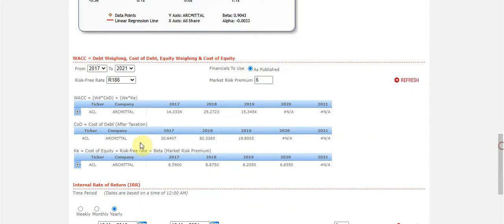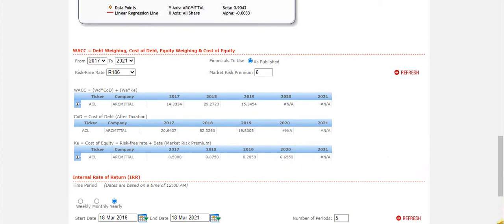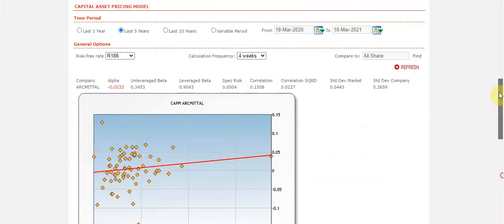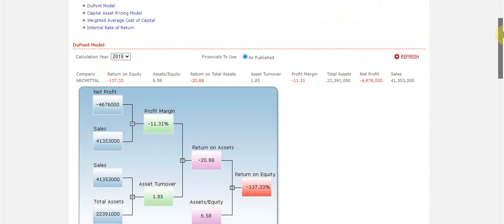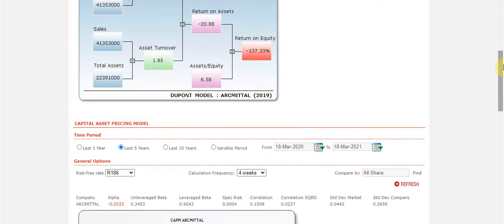Here we can go and see what is the weighted average cost of debt, cost of equity. As you can see, there was quite a decrease in the cost of equity in 2020. So this is a lot of interesting information that also relates to financial reporting and finding information that I just wanted to share with you, and that you might find interesting to see that these are not just abstract concepts that you are learning about, but it's really out there, and it is really concepts that we use in finance every day.